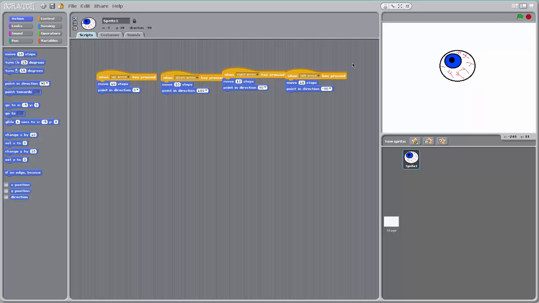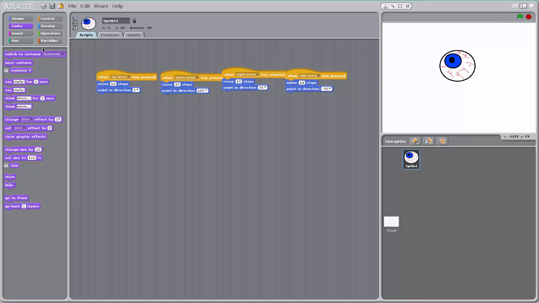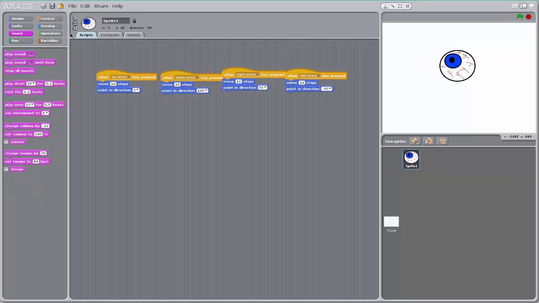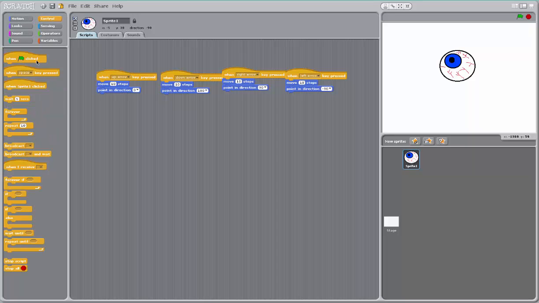So what we're gonna do is, sorry about that little pause here. You're gonna take, for example, let's say you're gonna say play sound or control, and then "when flag is clicked." The flag just makes the game go on, all of the stuff that you set it to. So you're gonna say "when flag is clicked,"